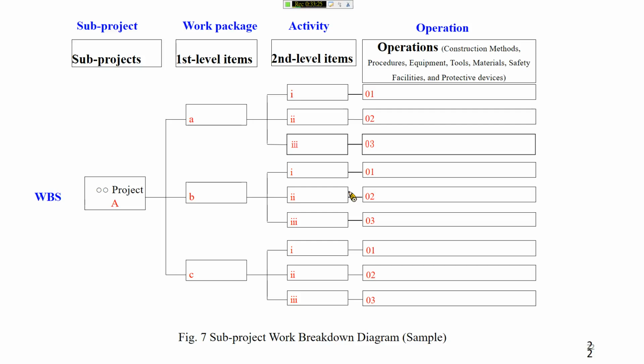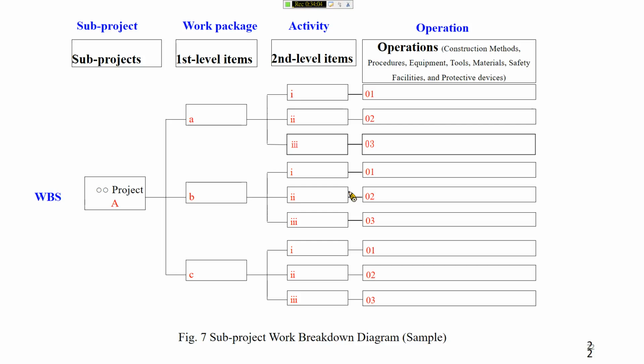So you have equipment, you have management requirement, you have the tools to use, and you also have protective devices or protective equipment. So that's how we break down the construction work. And in the 10th project, I require you to take a component of the project, like a sub-project. Or actually, you can select an activity, like the foundation part, and you further break it down into operation level